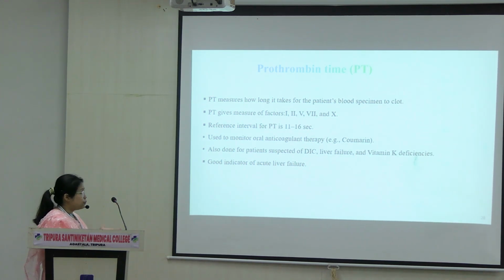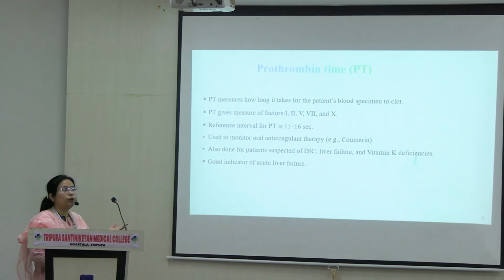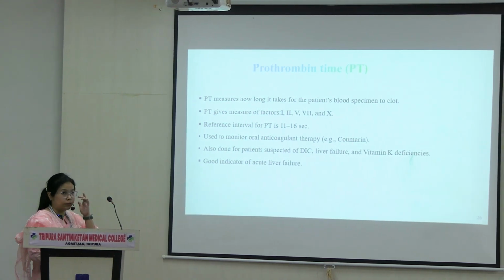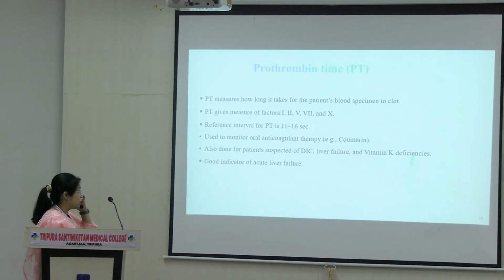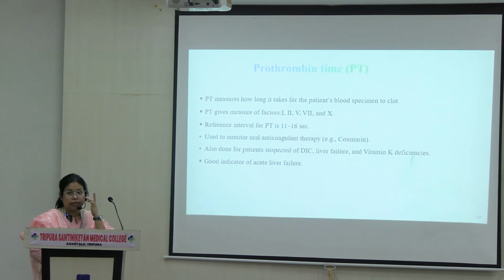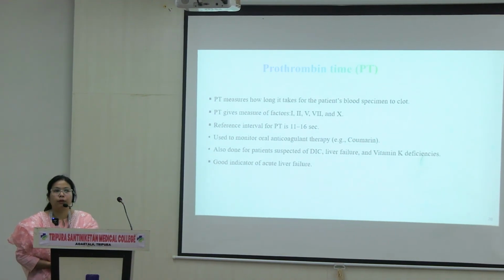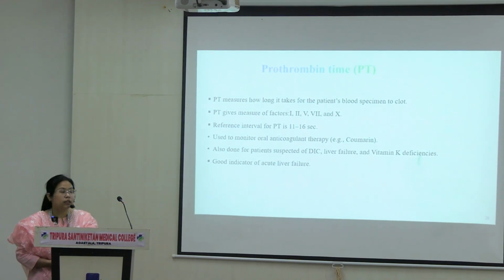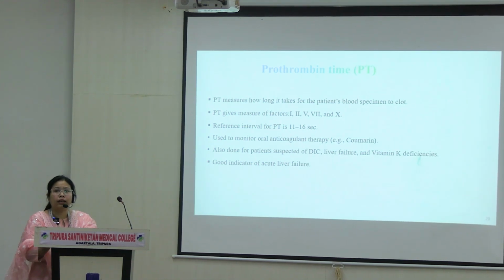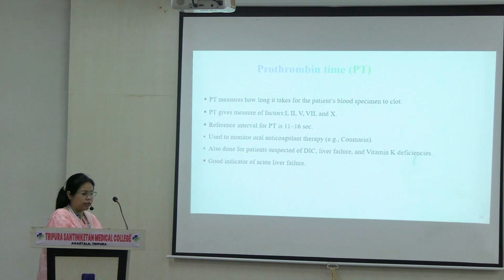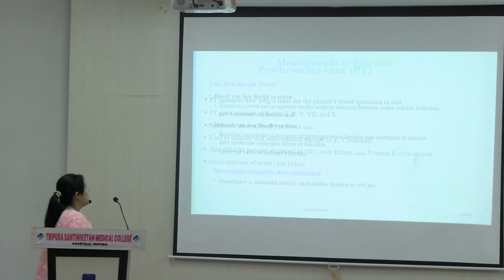So prothrombin time is used not only for oral coagulant therapies monitoring, but it's also used for patients that suffer from DIC or if you suspect a patient having liver failure. Liver failure में clotting factors काम नहीं करेगा, in DIC में भी disseminated में भी नहीं काम करेगा. So it gives failure. It's not very specific for liver failure, but gives us an idea.